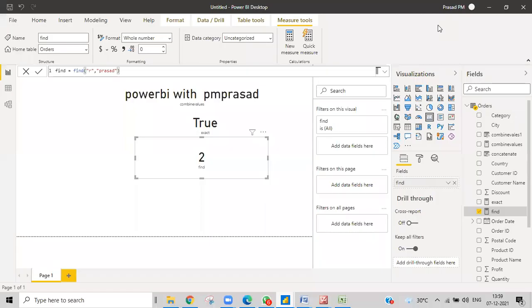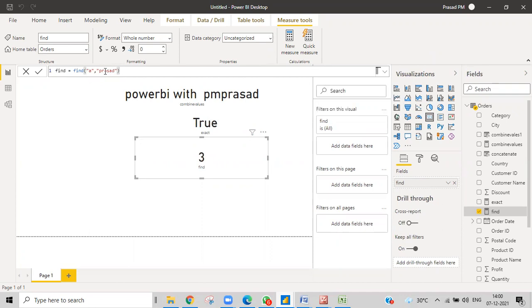Okay, right now in the Prasad string, I just want to find the position of R. Here you can see this R is at the second position. If you want to search for an A, that's another interesting example.